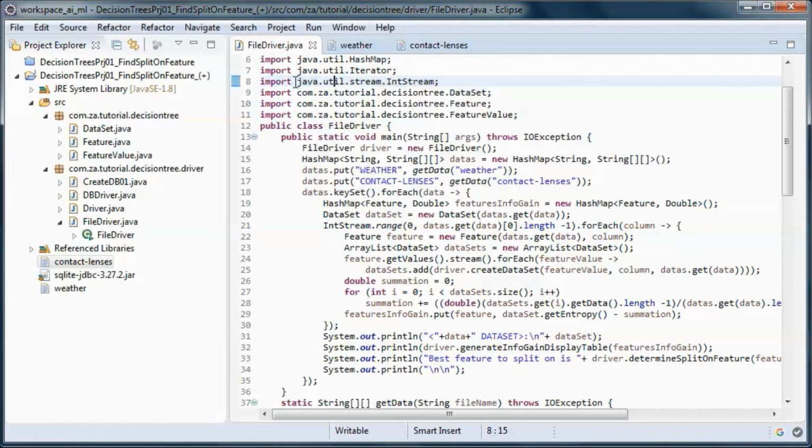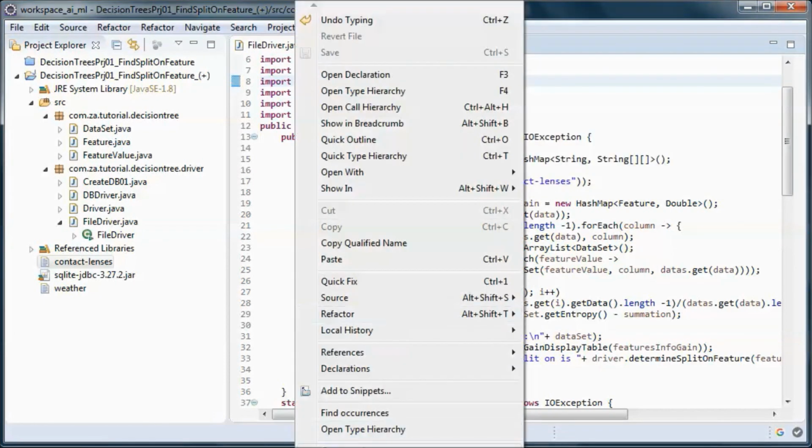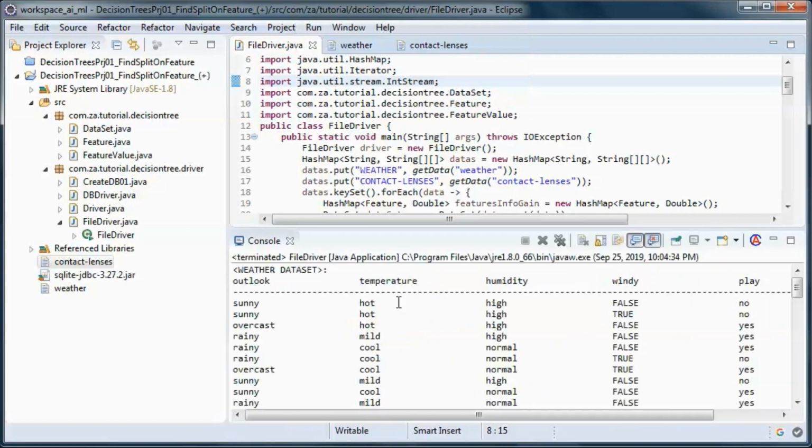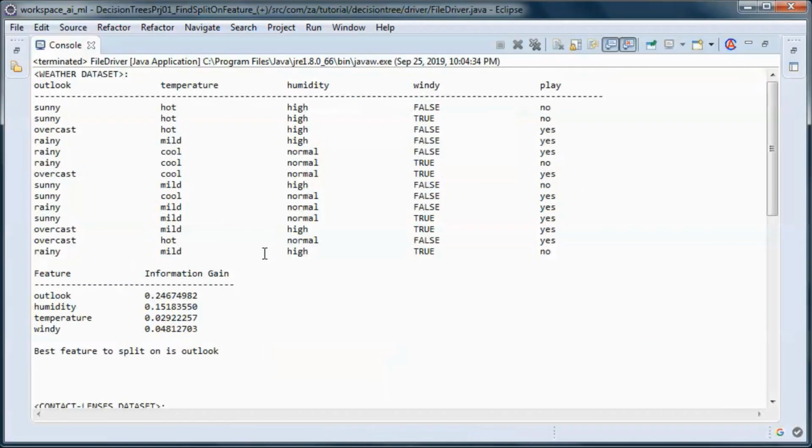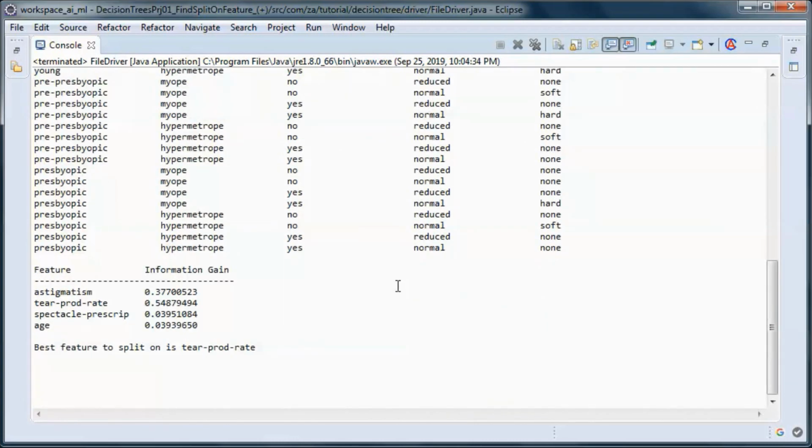So let's go ahead and test run this. So here we go, same thing. Best feature to split on is Outlook, and here it is tear prod rate.